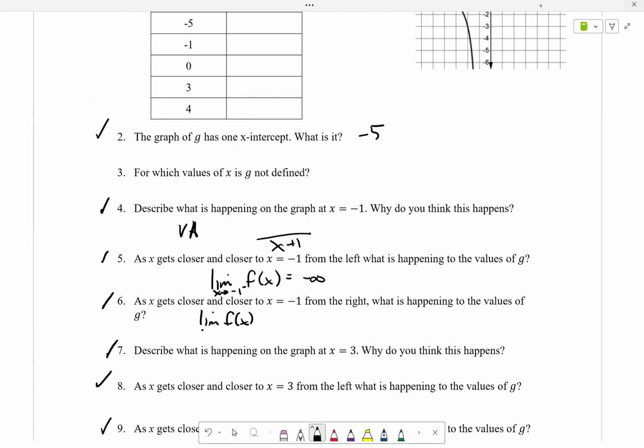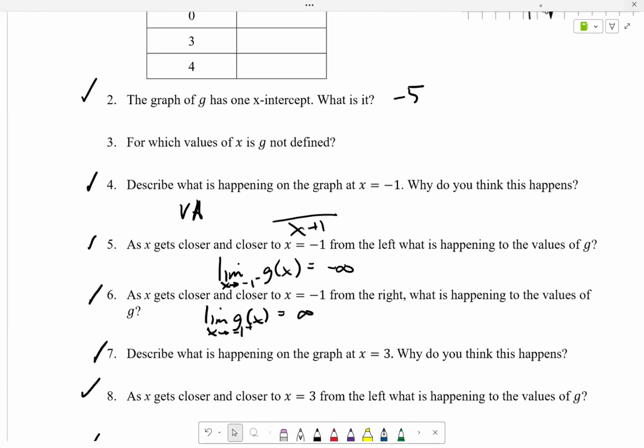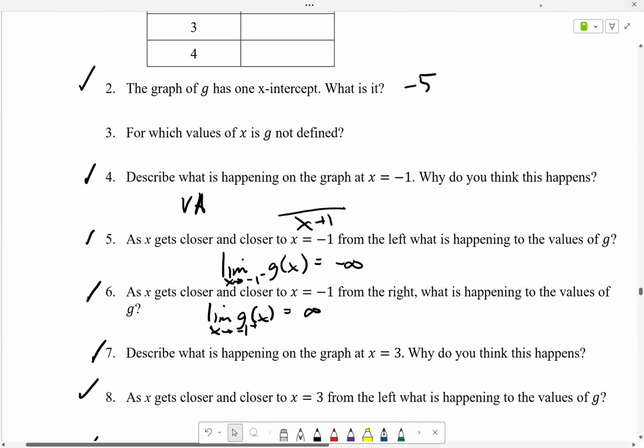Oh, g of x, thank you. Good catch. Let me fix this one. It's equal to. Are we good with that? Nice. So this is the limit of g of x as x approaches -1